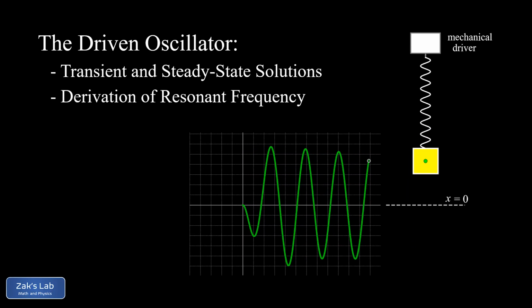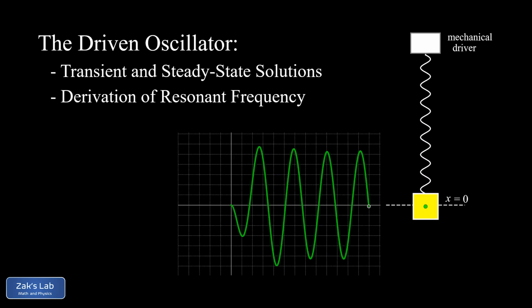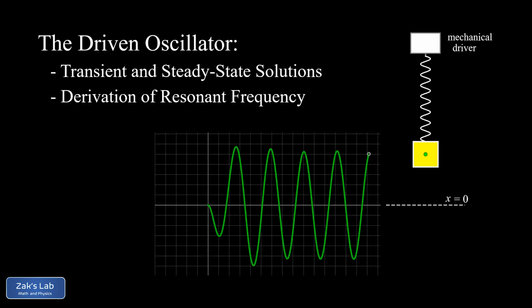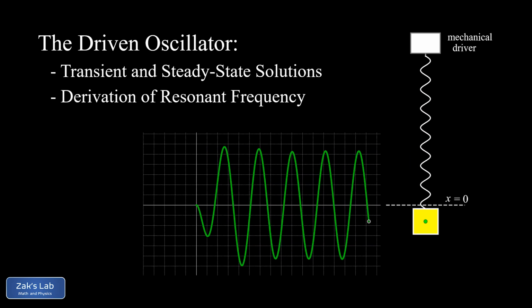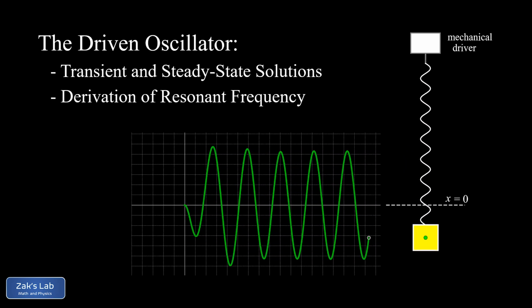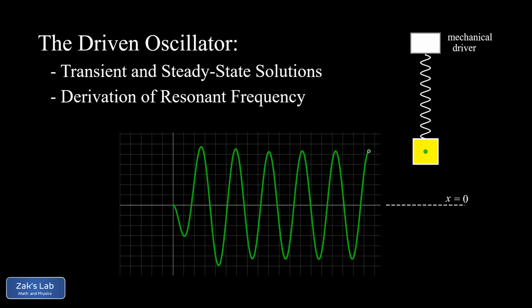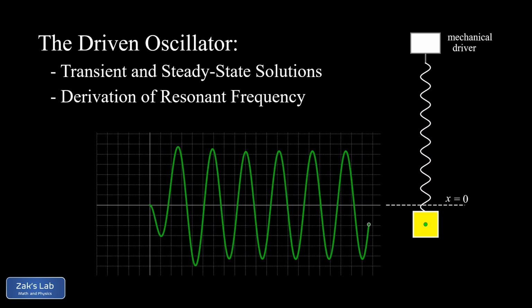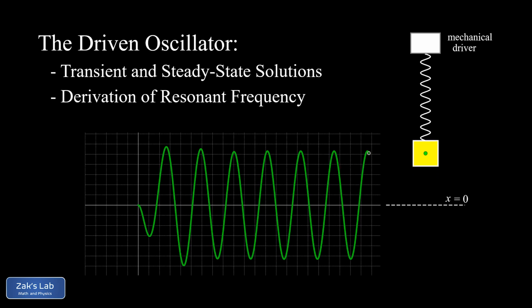In other words, when we drive this thing with a sinusoidal force, we want to find the special driving frequency that maximizes the amplitude of the oscillations. And near the end of the video, we're also going to investigate how the relative size of the damping coefficient changes that resonant frequency. So, like all of our oscillator derivations, we begin with a force diagram so we can